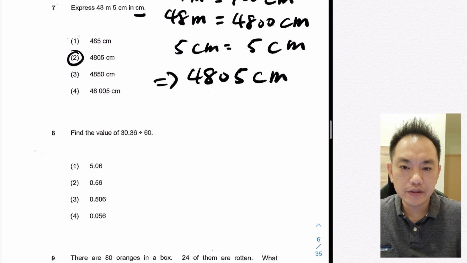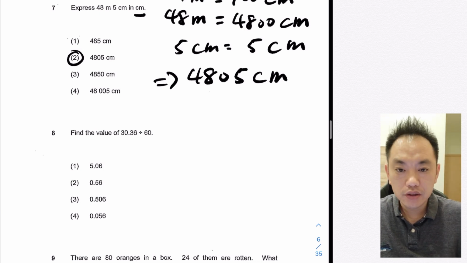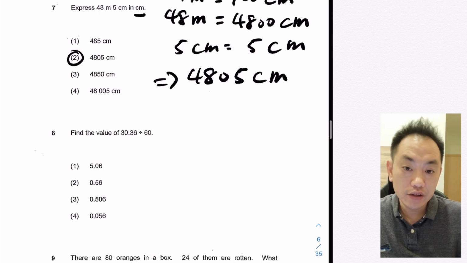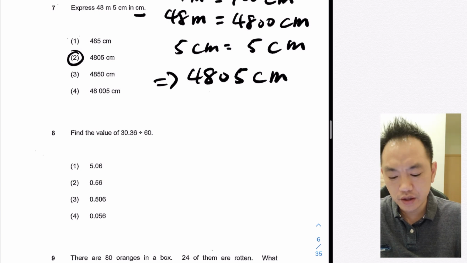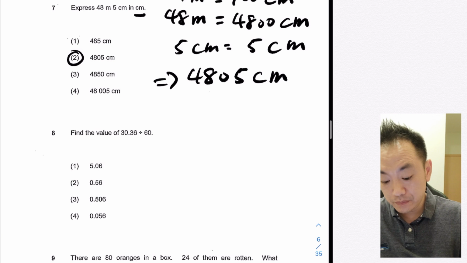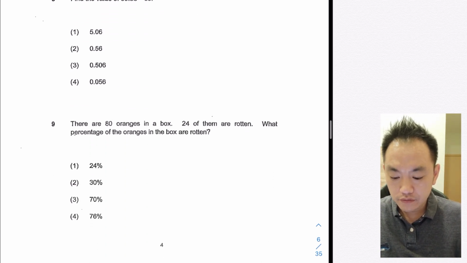The question is basically testing if you know 1 meter equals 100 centimeter, and if you know 48 meters equals 4800 centimeter. It's a test about how many zeros you need to put when you convert between different units. Okay, let's move on to question 8. Find the value of